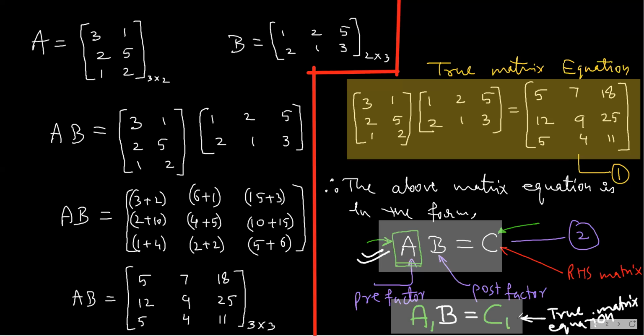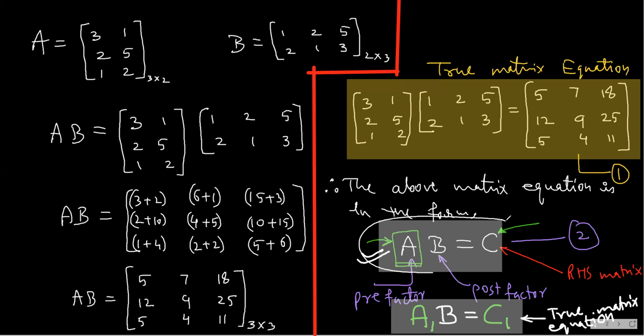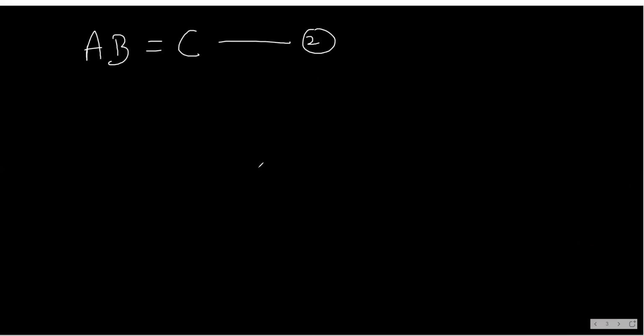Okay. Now this was about the row transformation. Let me now tell you something about the column transformation. In column transformation, you had the matrix AB equal to C. Once again, I go to AB equal to C, that is, I'm taking you to equation number 2 here. What am I going to do now? I'm going to apply the column transformation.